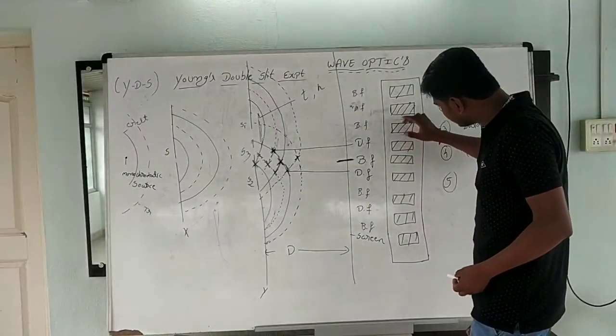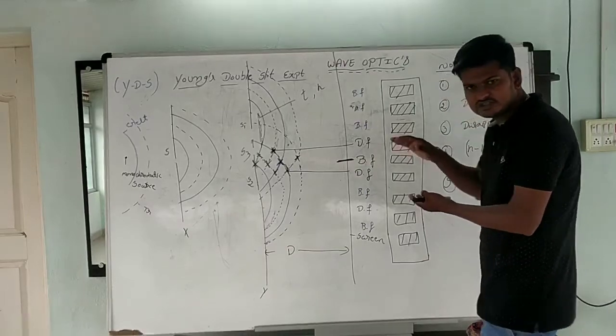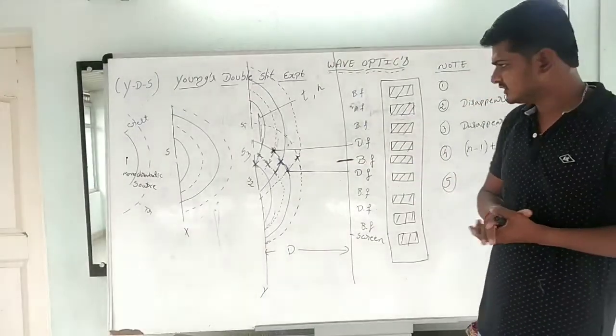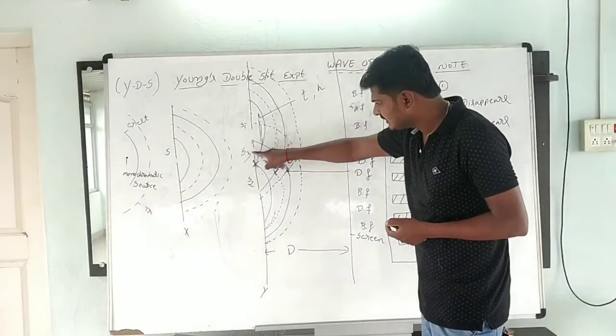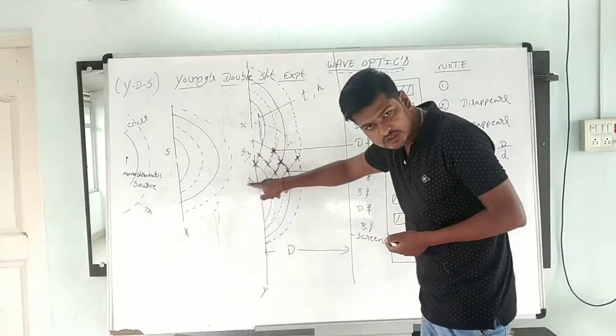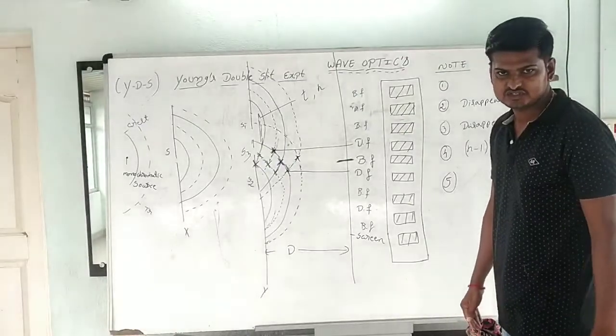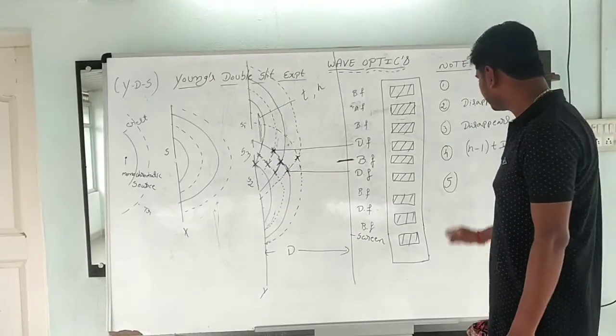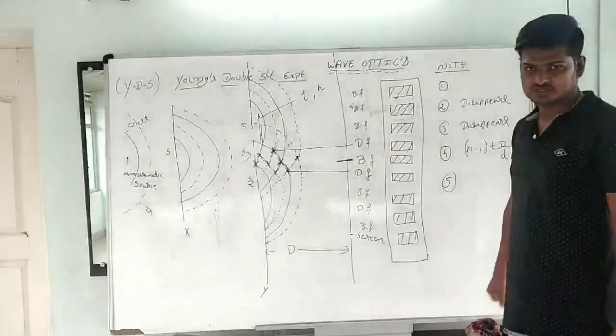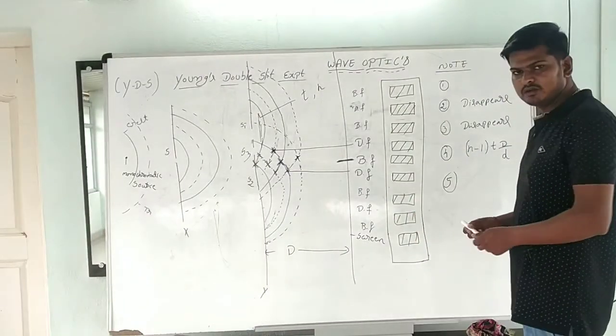Here, the contrast between the bright and dark fringes gradually decreases. Listen up. When I make a third slit S3 in between S1 and S2, the contrast between the bright and dark fringes gradually decreases. That is the fifth point.